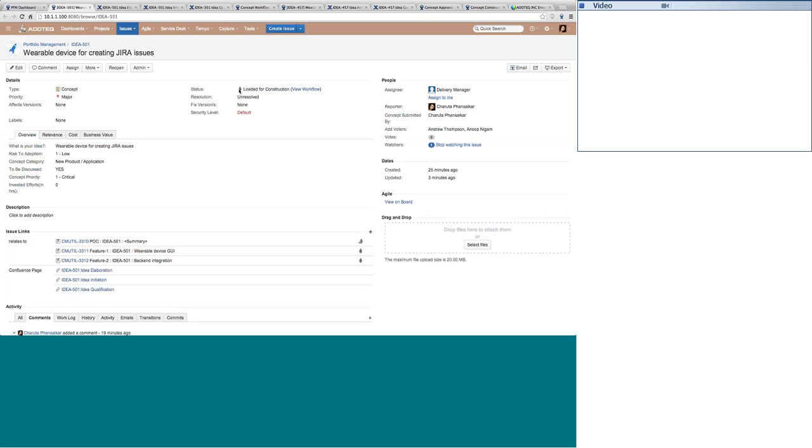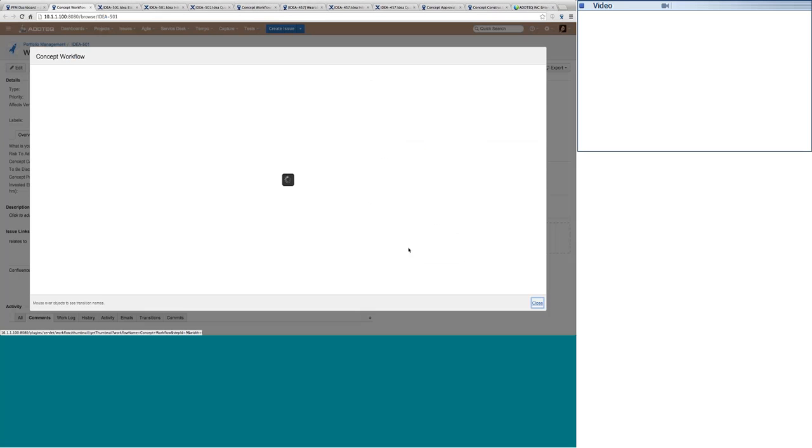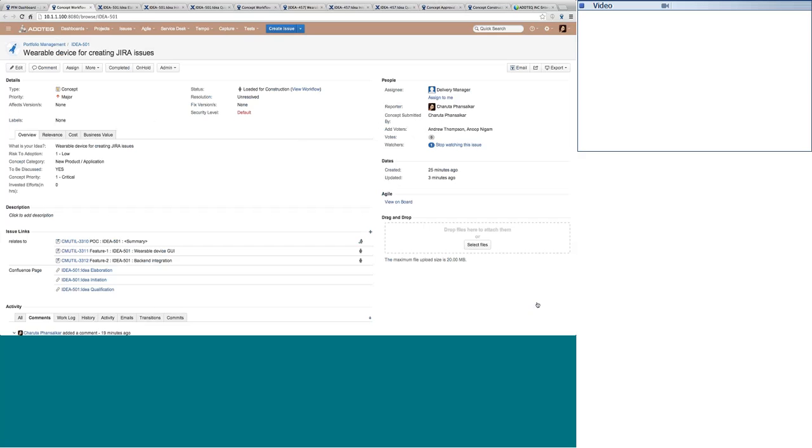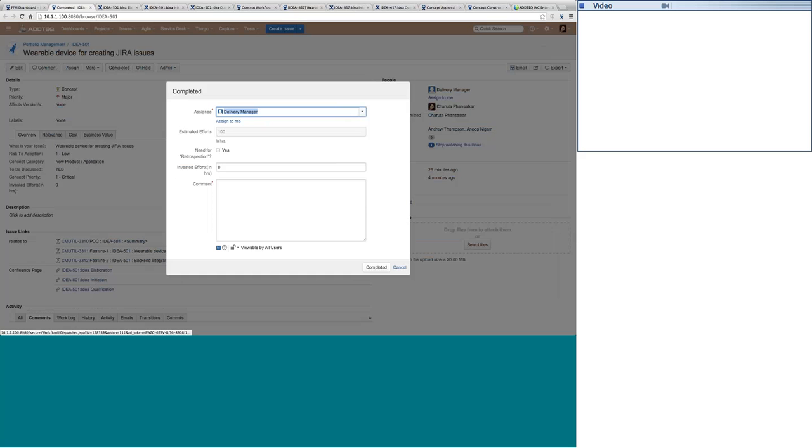seek approval stage. Now, it is possible that in your organization you do not have the exact number of steps and exact similar steps as we have come up with, but maybe we thought that before we actually close the particular idea, we can have a retrospection done on that so that it helps us to come up with good decision strategies and good decision points in the future. So in that case, if I want to have the retrospection done for the idea, I will set that to completed and simply click on complete.